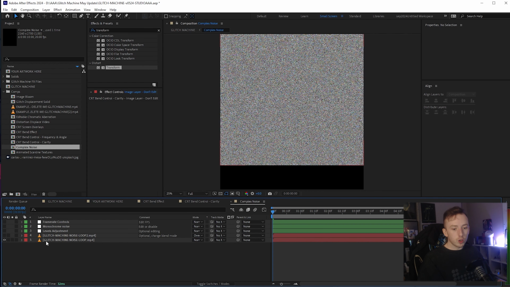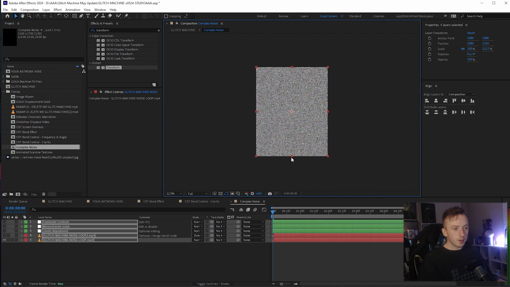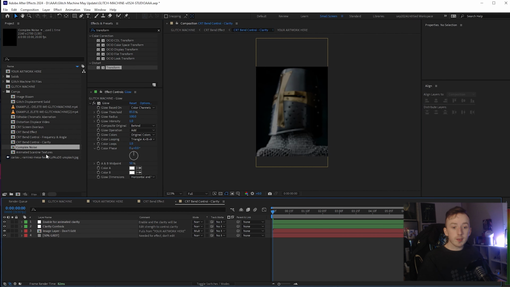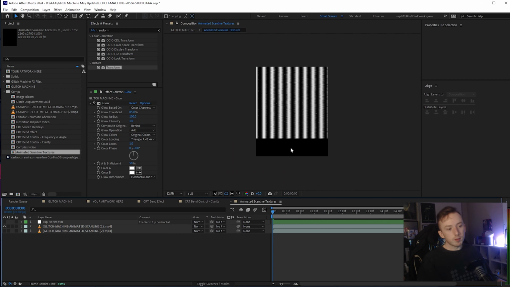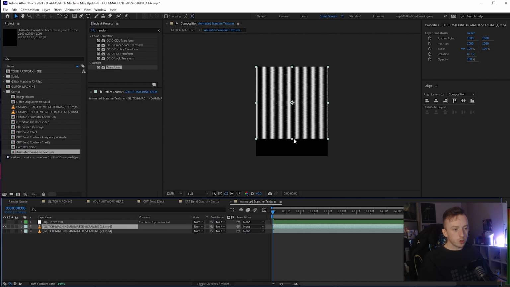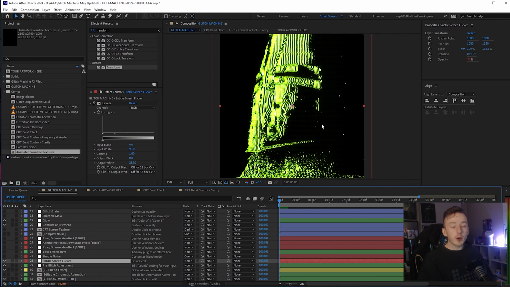Again, just unlock the layers and you can scale these up. And then the last thing you need to edit is the animated scanline textures. Same problem. After Effects has generated pixels at the bottom, so you can just scale that up. At this point, you've now reformatted Glitch Machine to fit whatever your new document size is, or your new